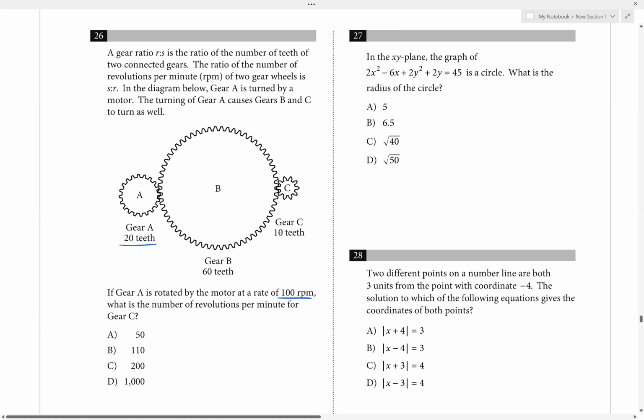So gear A rotates at a rate of 100 RPM. So RPM is revolutions per minute, right? So in 1 minute, it spins around 100 times, pretty much. Okay. So for this question, we could set up a ratio using the number of teeth, right? And then the RPM, the rate. Okay, we can try to set up a ratio, but I think an easier way to do this is